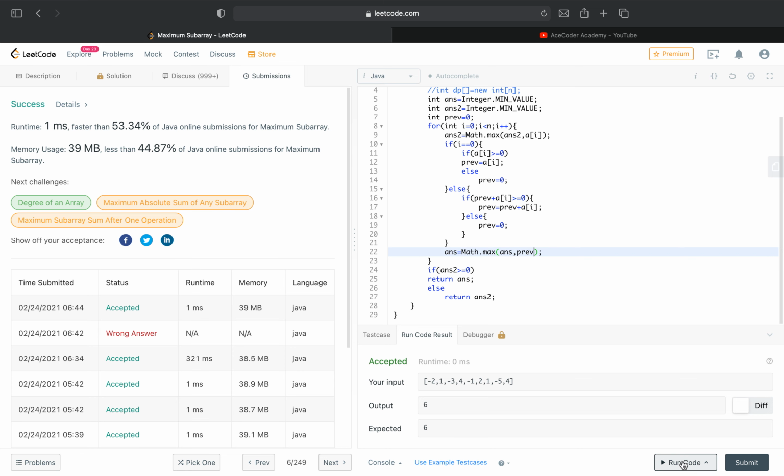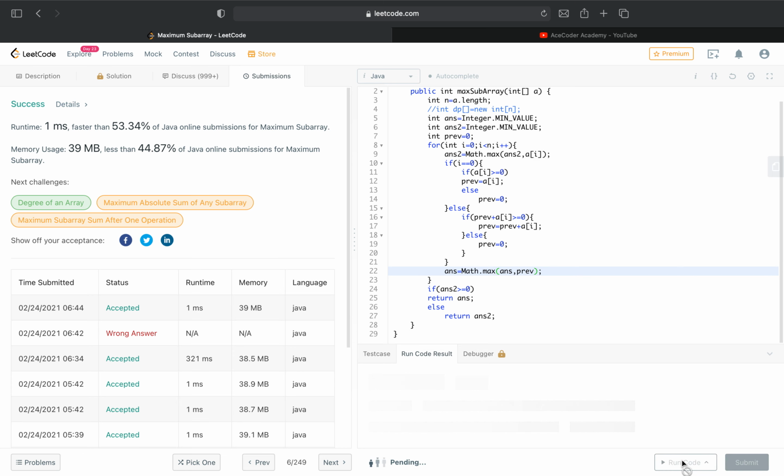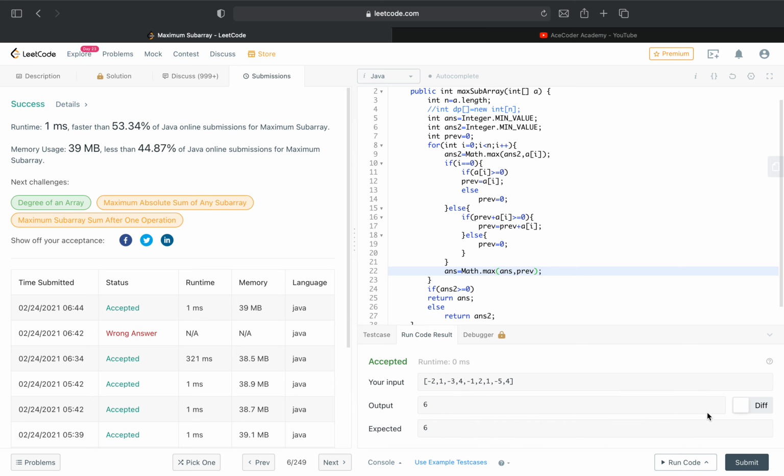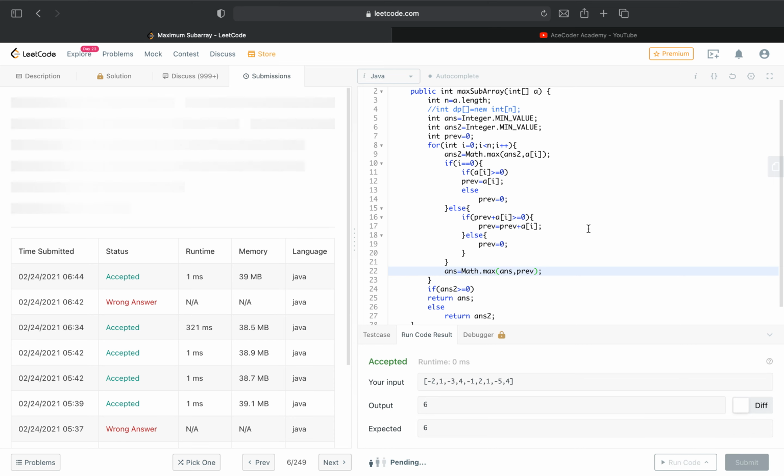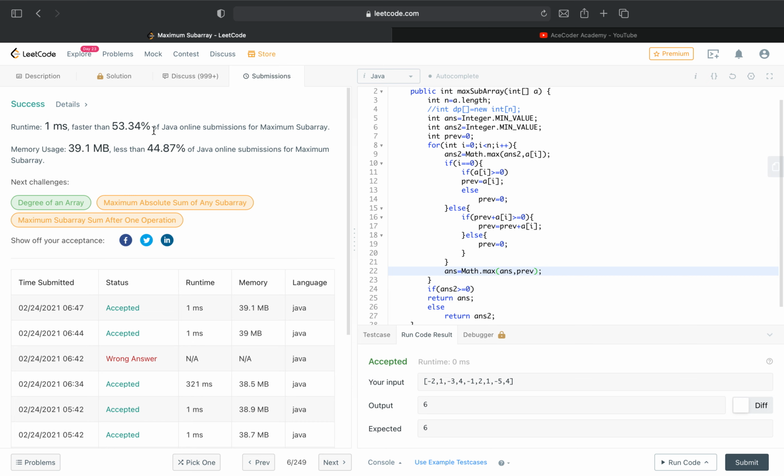So let's run this. Yes, it is working fine. Yes, it is being submitted. Now the space complexity is O of 1. So basically this is Kadane's algorithm.